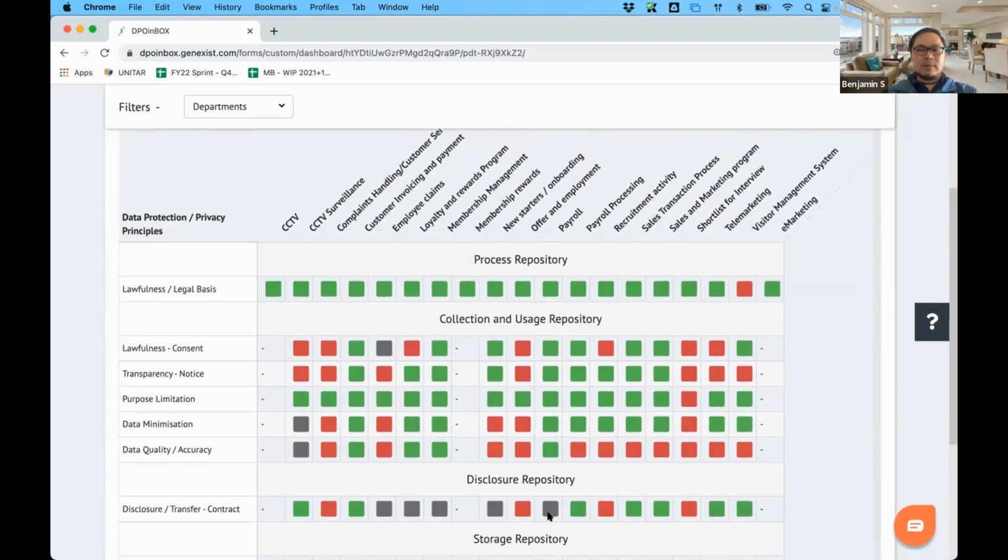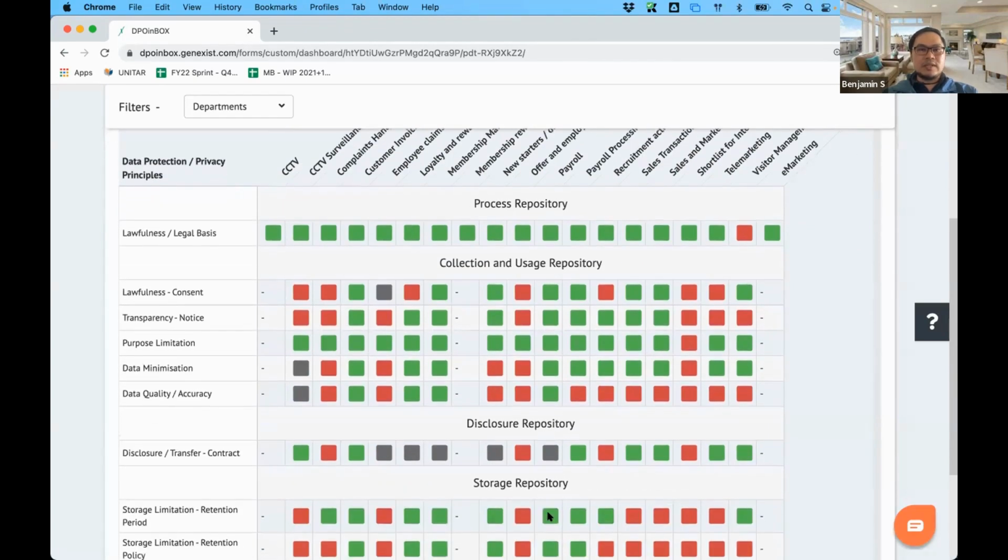Now, this page or this report provides a bird's eye view for the data protection officer, the DPO, or the Data Protection Committee to see exactly where the gaps are in the processes or in the department itself, right? So from a management perspective, you can see the rates are not good.